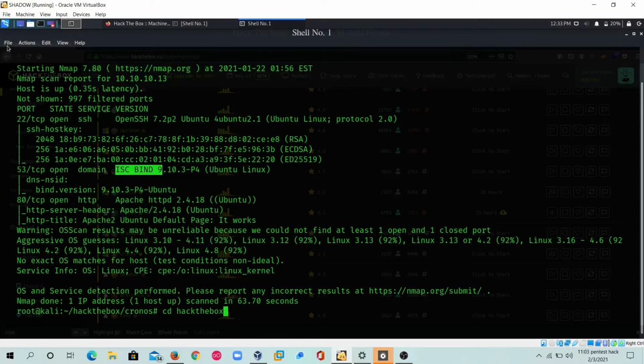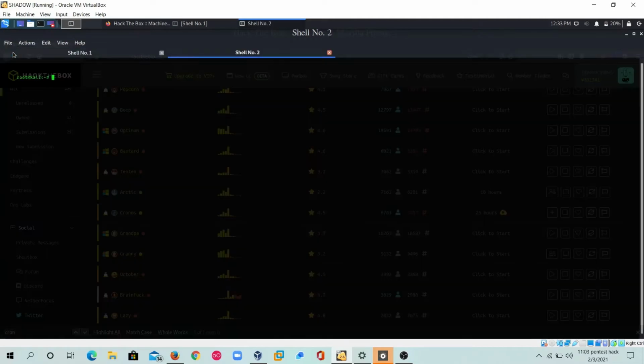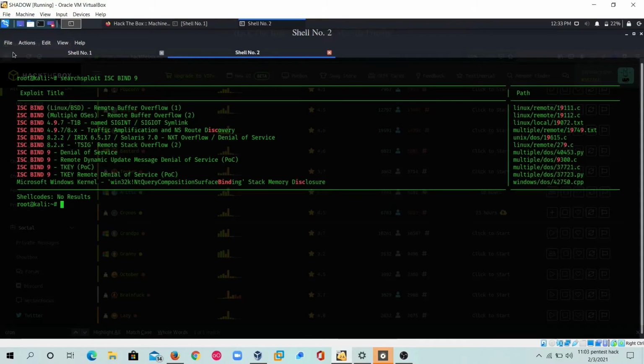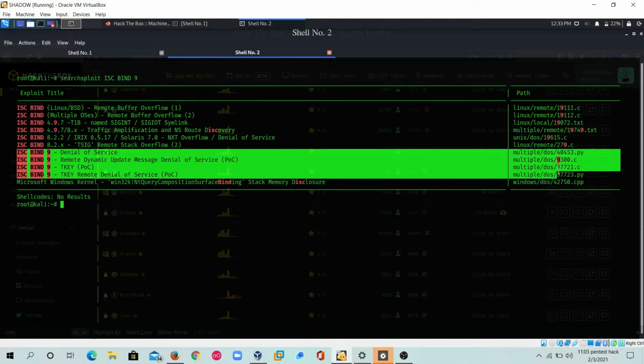So we will see with the help of searchsploit whether there are any exploitable versions, whether this version is likely vulnerable or not. Okay, yeah, if you see here there is a vulnerability, I mean there is a chance to exploit this version.